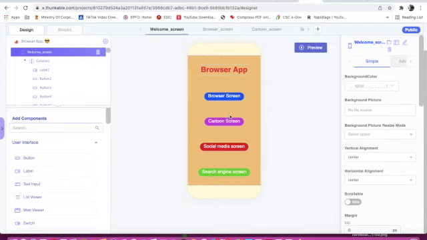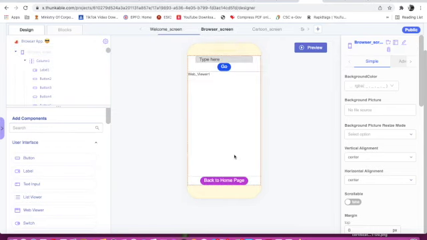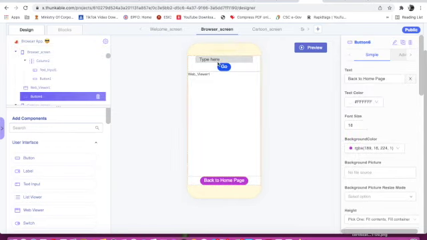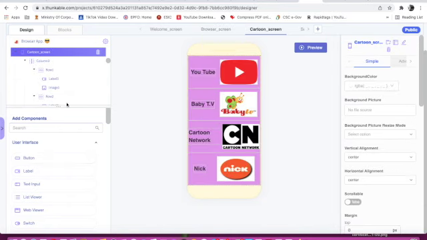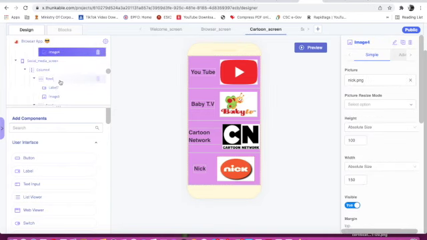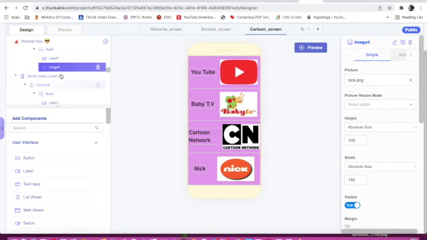So I will give this button in every screen. Back to home page. I will go on cartoon screen also. I will give it. In last I will give image 4.